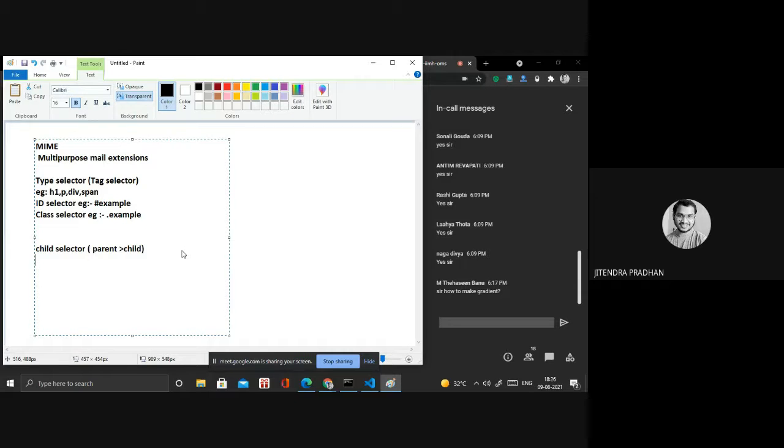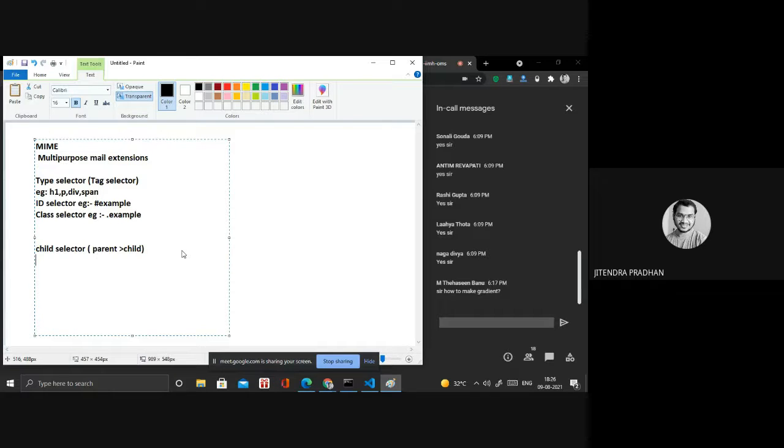I will show you the difference and how we use all these things. You have to understand what selectors there are inside CSS. We have many more selectors, but we are discussing some important ones that we use inside CSS.